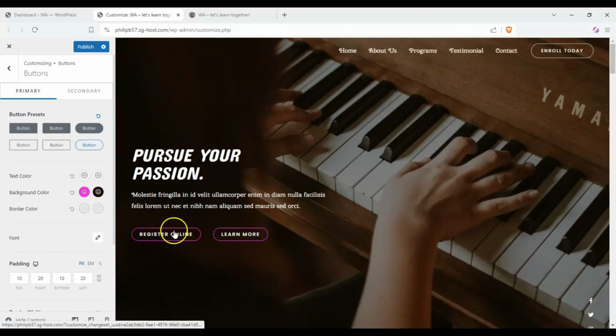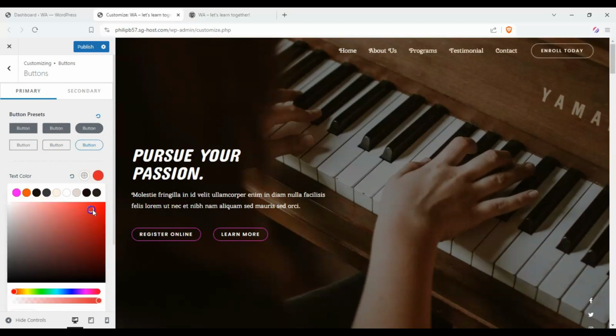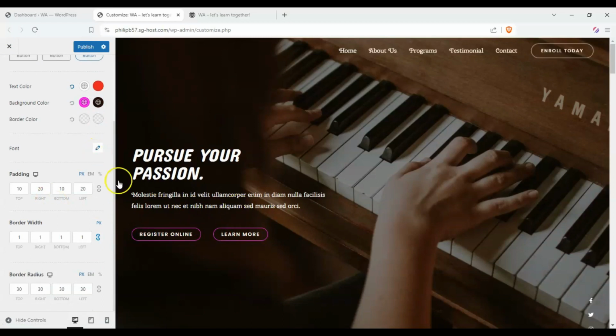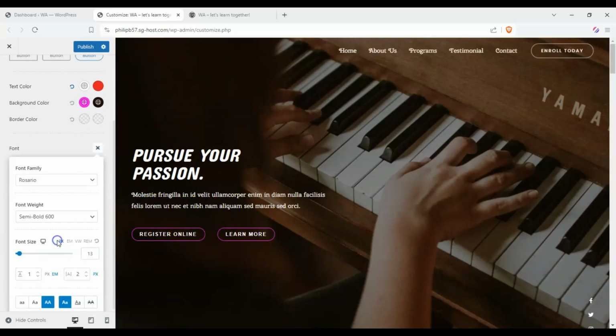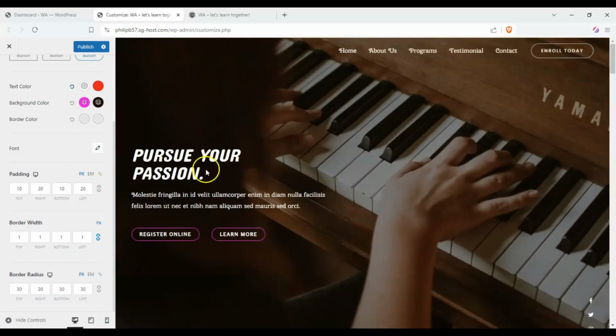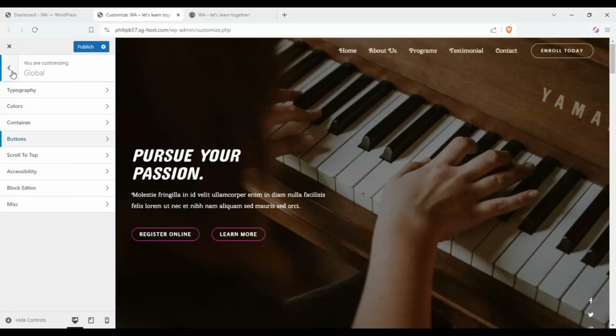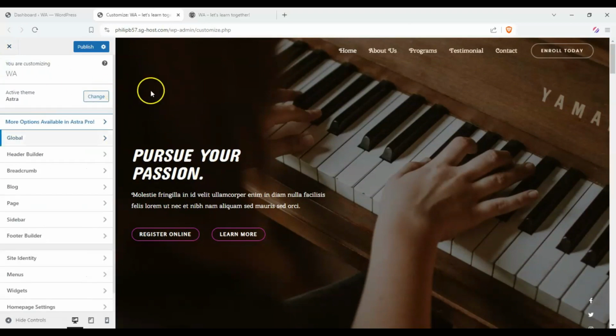So let's keep it like this, and let's make it hover. Oh, there we go. Okay, that looks much better. And you can also change the font for the buttons in particular here. Let's choose some random one just to make it clear that we've made changes, and then we can go back. And let's take a look at about changing now, or adding, that is, our site icon to the top here